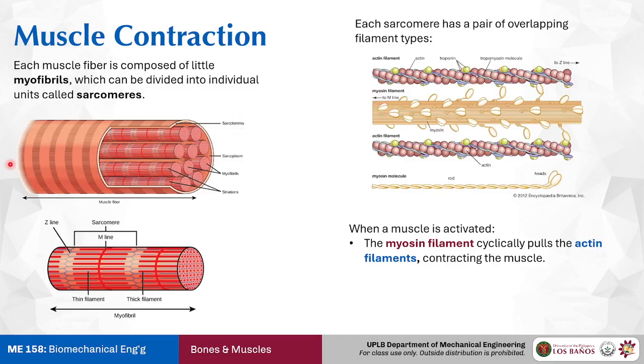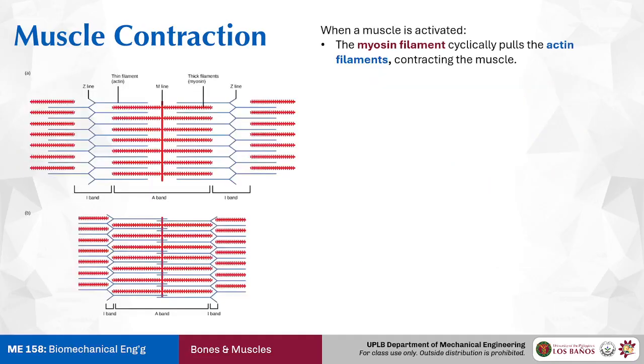So if you have several bundles of these actin myosin pairs, you get the sarcomere. So here in this image, you have a relaxed sarcomere, you have your myosin filaments here, and then you have your actin sheaths. Now, when the muscle wants to contract, the myosin will actually pull these actin sheaths closer and closer to the A band here. And below in this image is what the illustrated muscle would look like when it's fully, quote unquote, fully contracted.